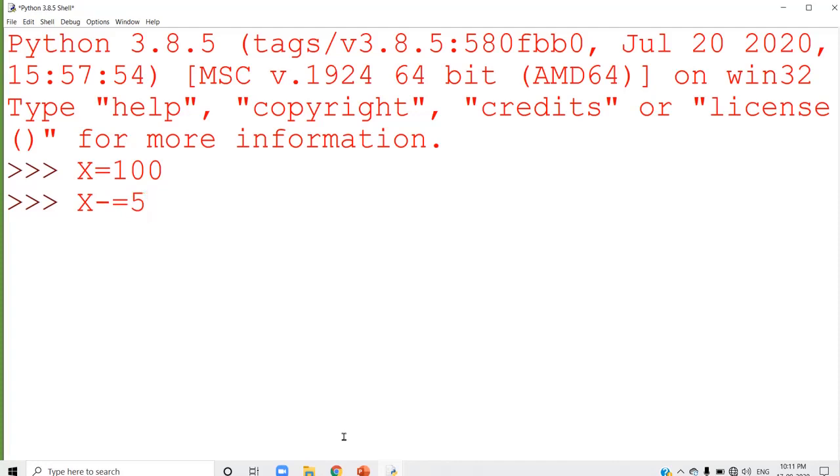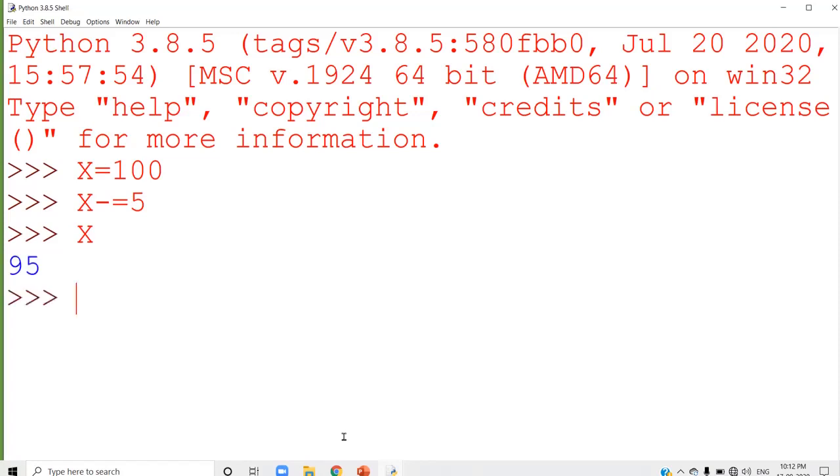Now x is 100, and 100 minus 5 is 95. So the new value 95 is stored inside the variable x. When I press the enter key, you will not get any answer. I am going to say x, and you can see the new value of x as 95.